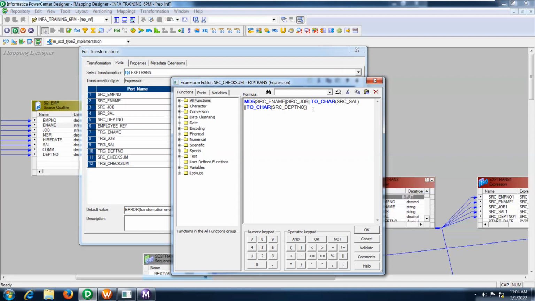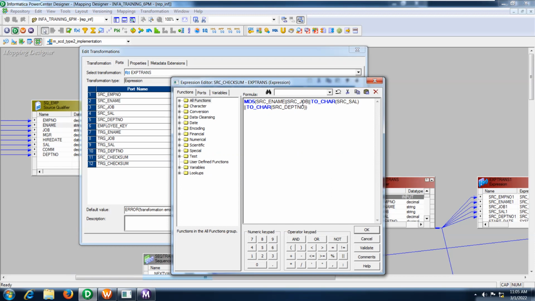Accordingly it will provide one output. The same output will be compared with the TRG checksum value, and it will see whether there are any changes. Okay, if we already have a record at the target level and the same record is coming with a change, it will identify that there is some change.